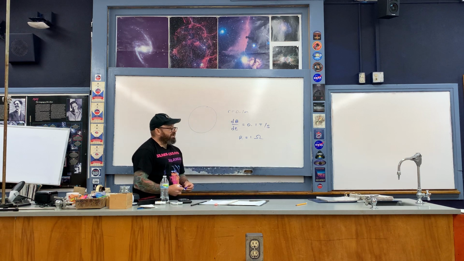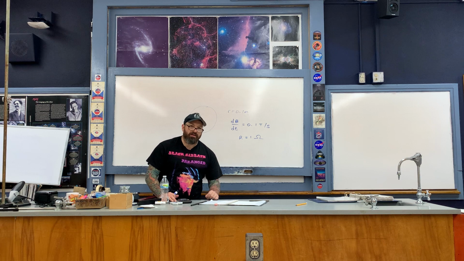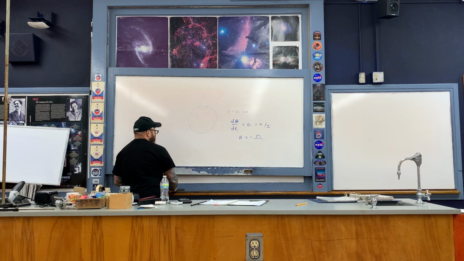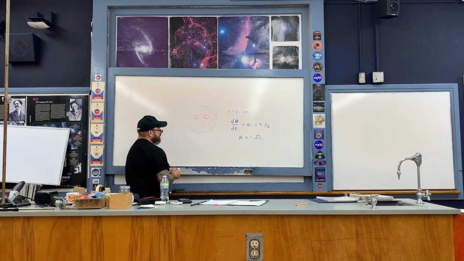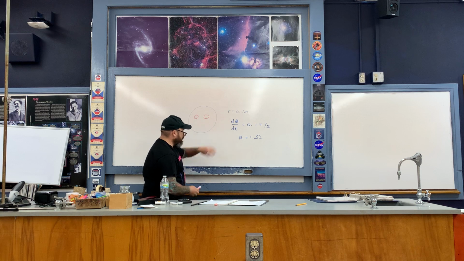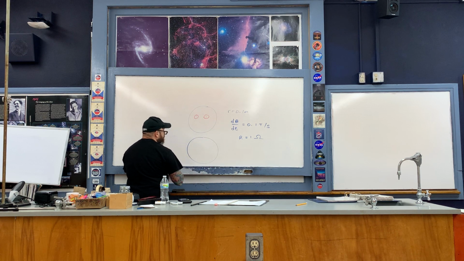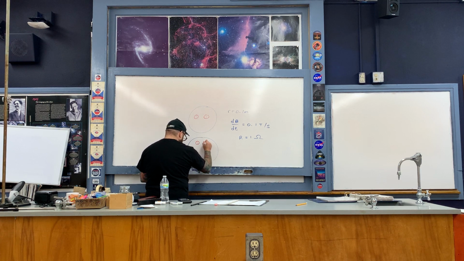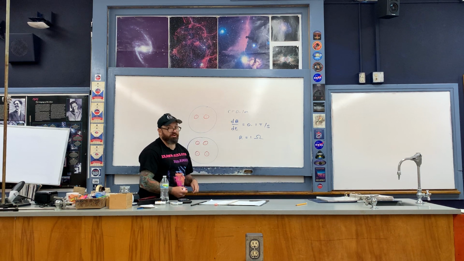Okay, so now in this example, as opposed to the last one where we changed the area of the loop, in this one we're changing the magnetic field. So let's begin in the following way. Let me draw 2 field lines to begin with that are coming out of the board like so, and then time goes by. We then end up with the same loop as before, but now instead of 2 field lines coming out of the board, let's say that instead we have 4 of them, like so, and the reason why is because the magnitude of the magnetic field here is changing with respect to time,